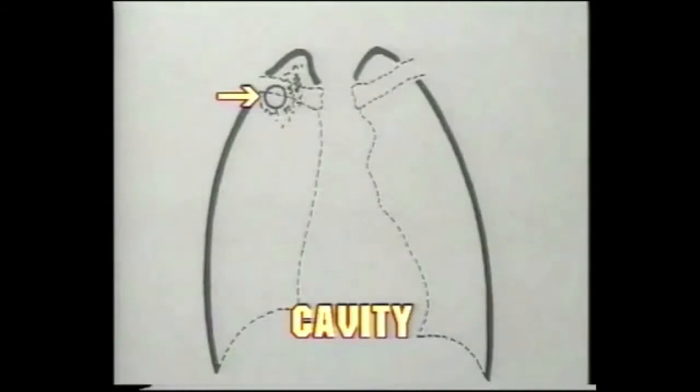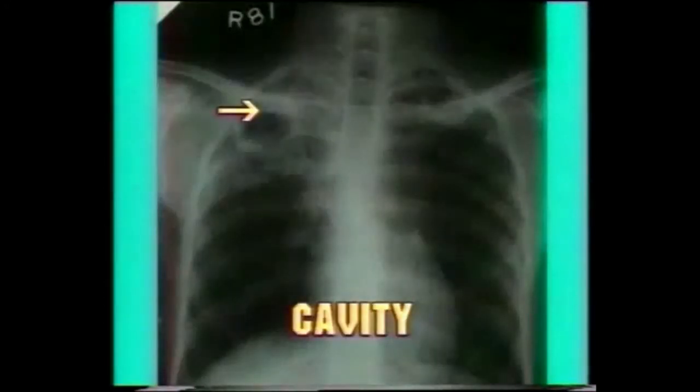The second characteristic lesion in tuberculosis is a cavity, seen as a circular radiolucent area usually in the apical zone. This is a typical tuberculous cavity. It is a thick-walled, circular, radiolucent area and is situated in the upper zone. The wall is smooth and there is no fluid in it. Note the surrounding infiltration, which is almost always seen around a tuberculous cavity. So this is a typical cavity in tuberculosis.